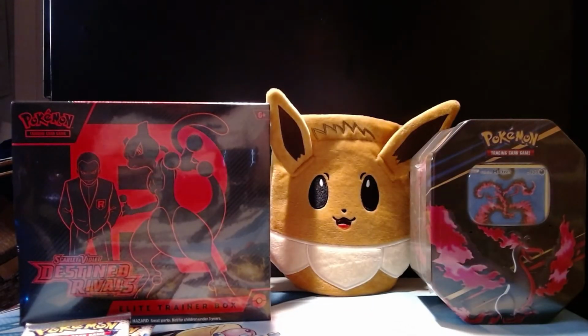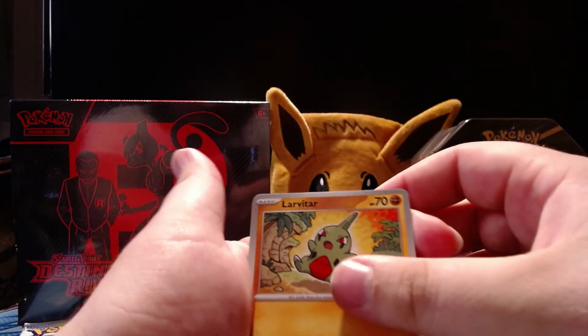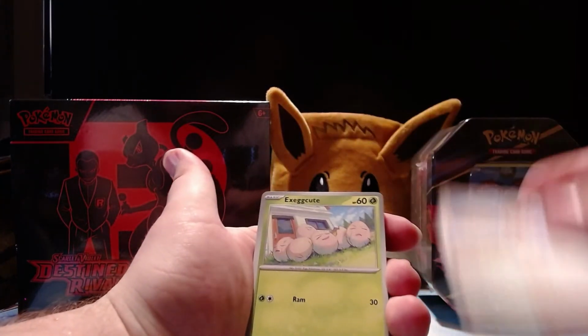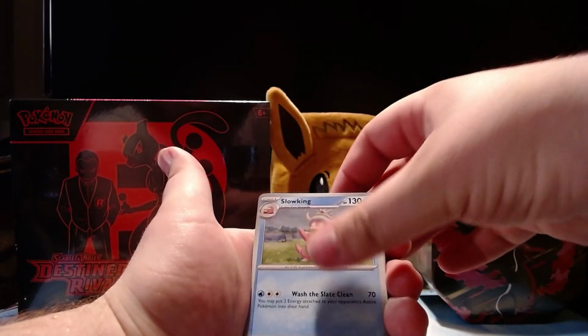There you go. Sure, somebody at some point will grab them. And ooh, we get a Hollow Energy. All right, wow, we are just eating up the hits here. We got Larvitar, he's so cute. Black Belt, Execute, Sneasel, Rare Slowking,